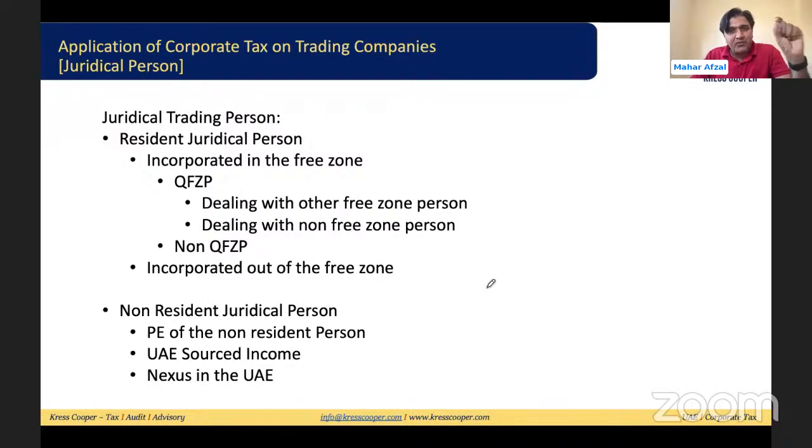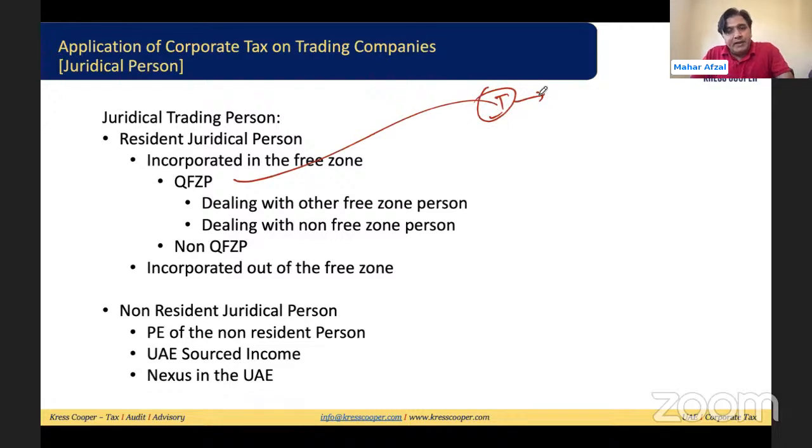If the person is a qualifying free zone person, might be the person having a transaction with another free zone person. Might be it matters that the person is having a transaction with the non-free zone person. If the qualifying free zone person has any transaction with the free zone person, then the law says it will be considered a qualifying income. And what are those 6 conditions? Those 6 conditions are, first of all,